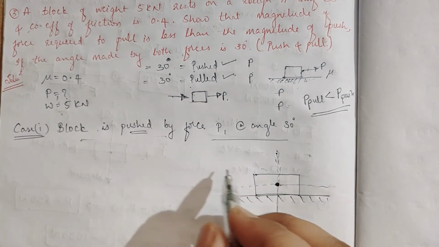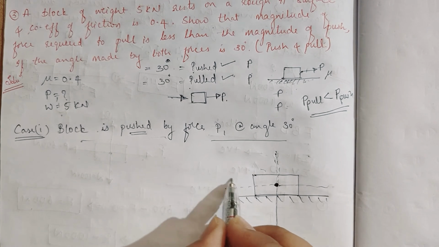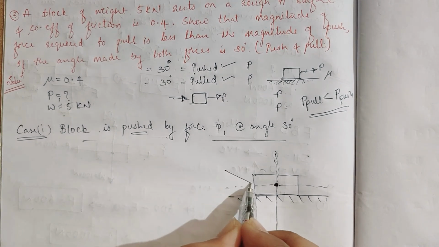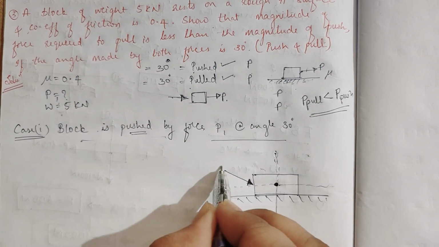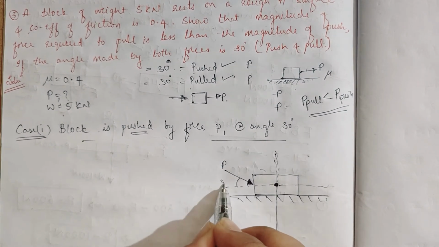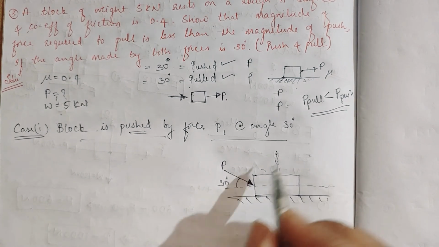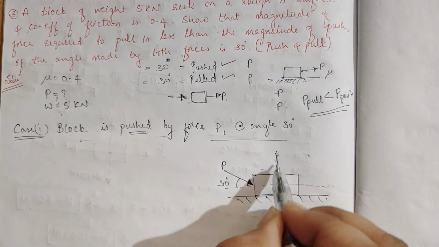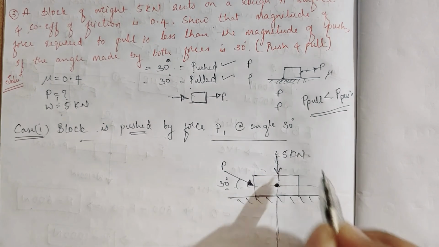Then this P1 will act as a push, right? So see the direction, pushing at a 30-degree angle. Due to this pushing, what happens? The weight is also given, that is 5 kilonewton, and due to this weight,